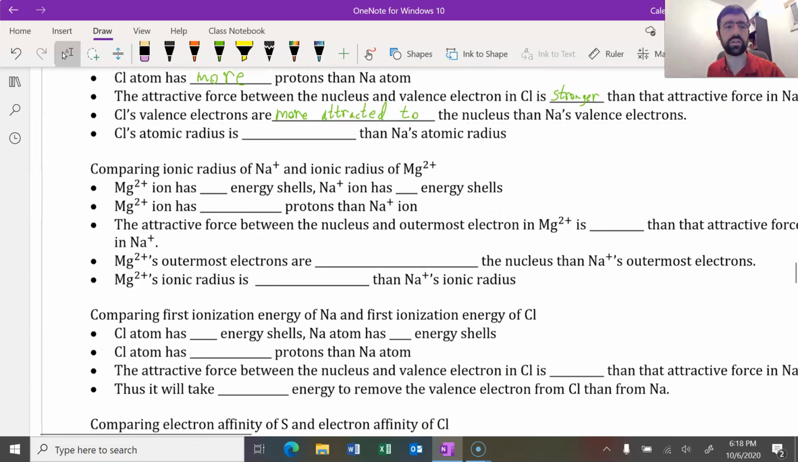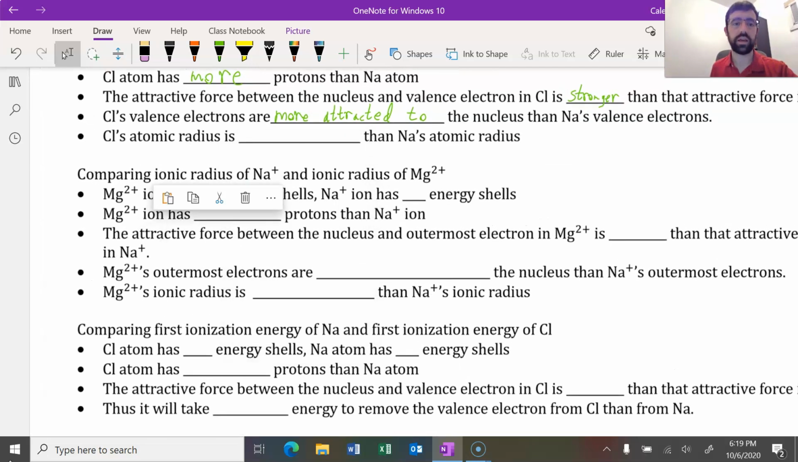So chlorine's atomic radius, because they're more attracted, that outer layer of electrons is more attracted. That means they're going to be pulled in closer. And remember, the radius of the atom is defined by how far away the farthest electron is. If it's attracted more strongly, then those electrons are pulled in, and chlorine's atomic radius